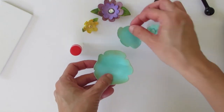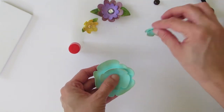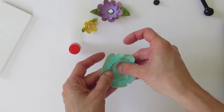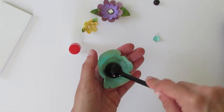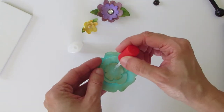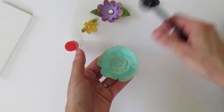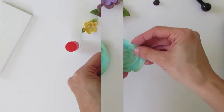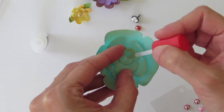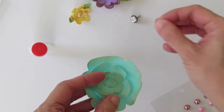Now to assemble the flower, you glue the center and place each petal one over the other. And just let it dry, and you will have a complete flower. Now here I used a little flat bead for the center of the flower,